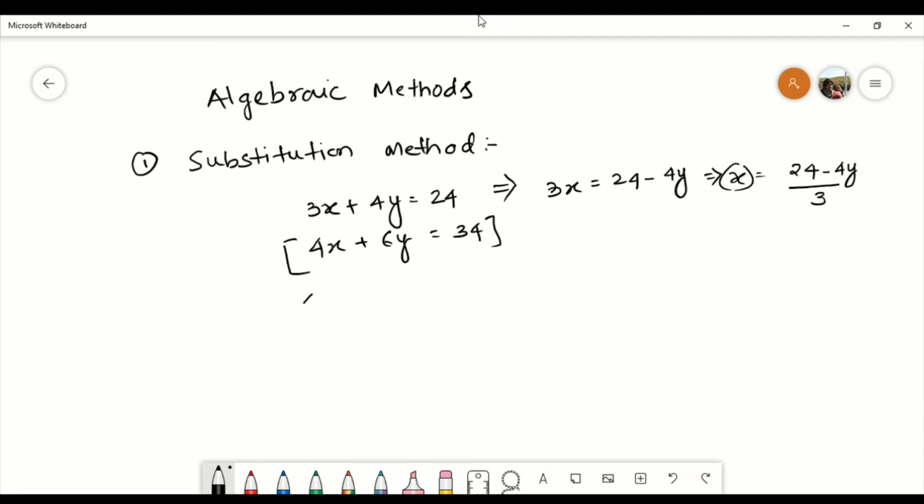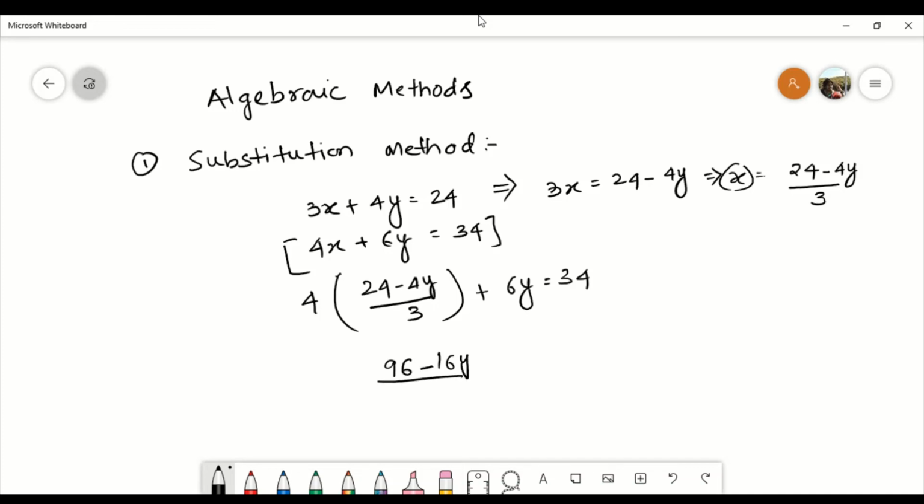So let's substitute the value of x, which is (24 minus 4y) by 3, plus 6y equal to 34. So now the problem reduces to solving this particular equation to get the value of y. If I multiply 24 by 4, it is 96 minus 16y, by 3, plus 6y equal to 34. So I'll start from here. This is 96 minus 16y plus 18y upon 3